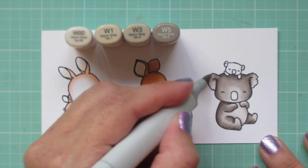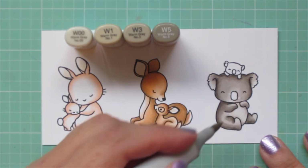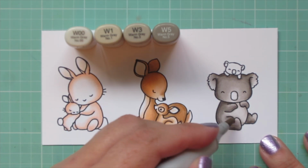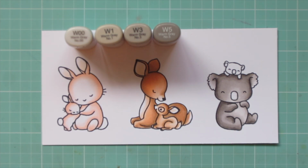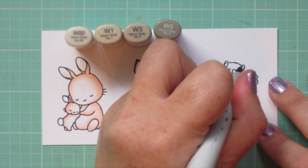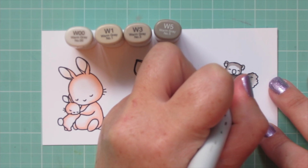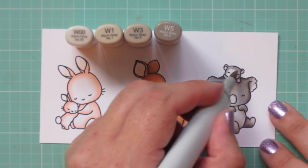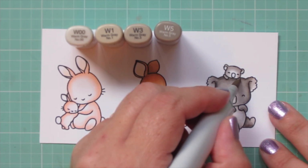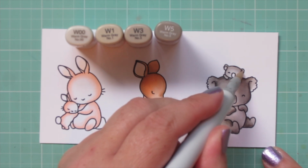And then I just went back and blended out with the W3 and then the W1 once again. And that also creates a little bit more contrast from her body to her belly as well. For the baby, I'm going to skip the W5 and go straight to the W3 for my darkest. And then I'm going to blend that out with the W1 and finish with the W00 in the center of